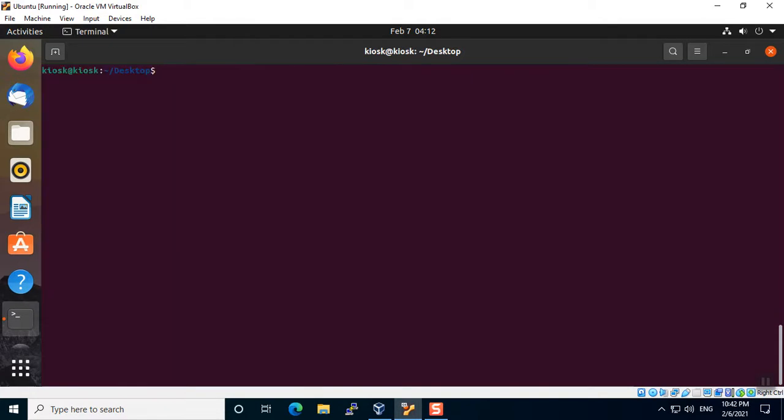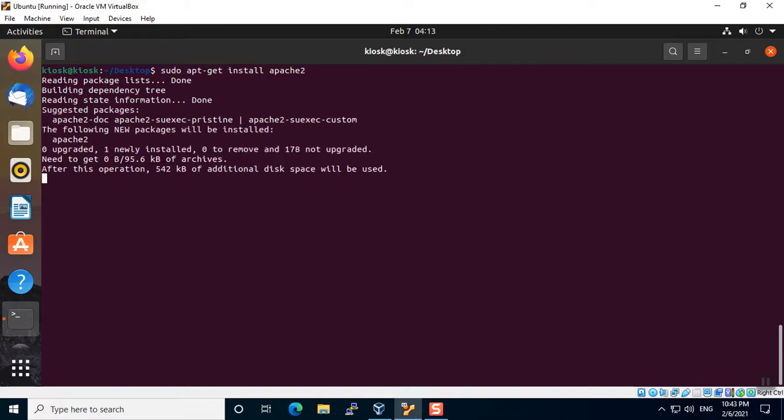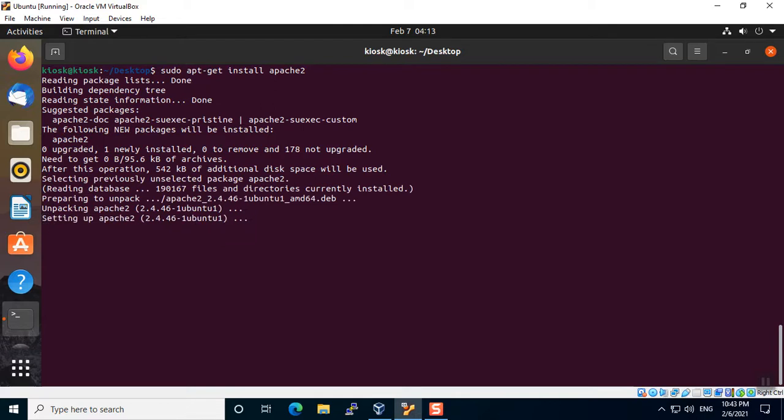For installation we will fire the command sudo apt-get install apache2. Enter. It's going to install the apache2 package inside the system. Let's see, it will take some time.